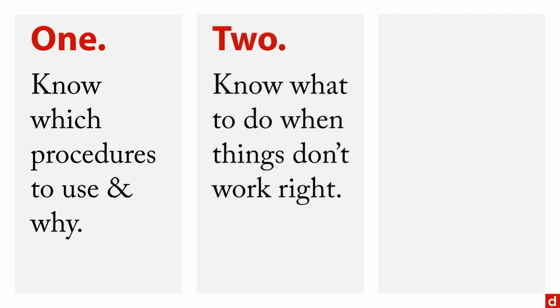Number 2, you need to know what to do when things don't work right. Sometimes you get impossible results. I know in statistics you can get a negative adjusted R squared. That's not supposed to happen. And it's good to know the mathematics that go into calculating that so you can understand how something apparently impossible can work. Or you're trying to do a factor analysis or principal component, and you get a rotation that won't converge. It helps to understand what it is about the algorithm that's happening and why that won't work in that situation.